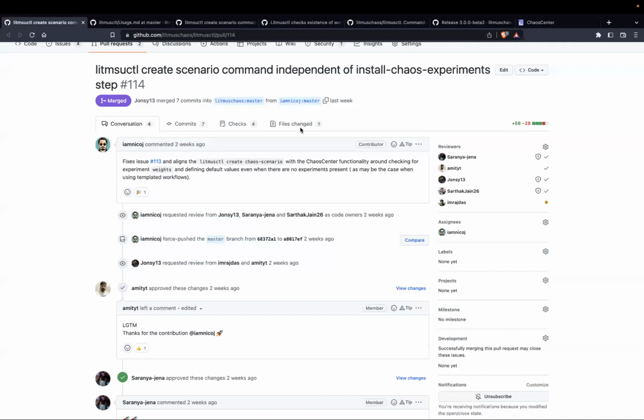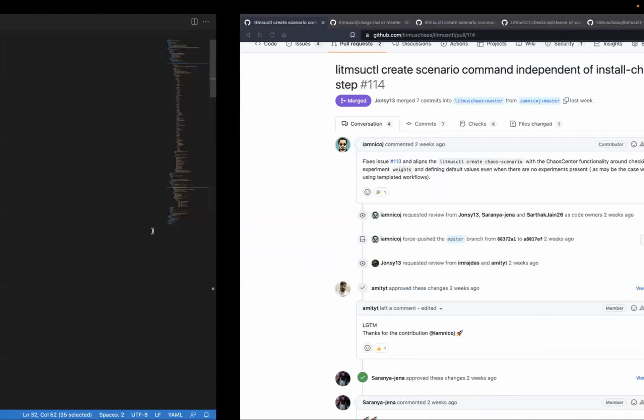So if you see, by default our manifest is going to have a name inside the metadata. It is not going to have a generate name, because we ourselves add regex in the workflow, via UI as well as from backend. But as a user, when you are using Litmus CTL for scheduling your workflows, you will be having a single workflow and you want to run it each and every time, right? Now, if you have only name here,